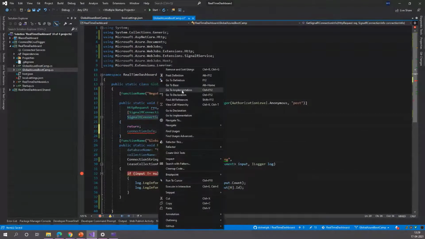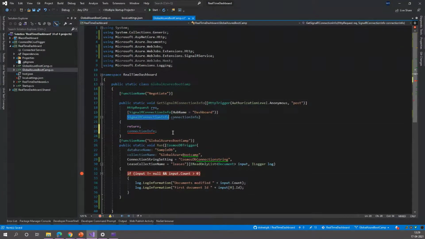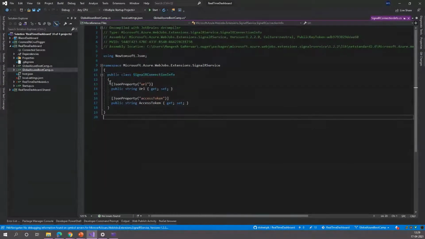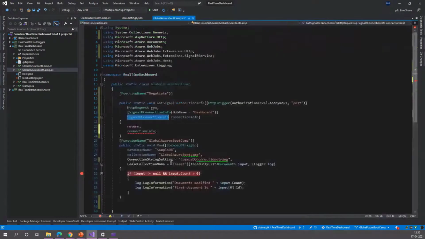If you go here and see, the first step in initiating the communication with the client would be to call this negotiate function. It will return the URL as well as the access token. I'll show you exactly what it returns when we debug this function.